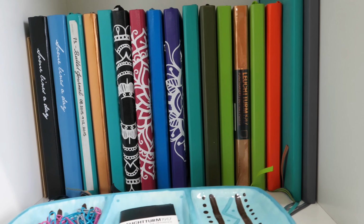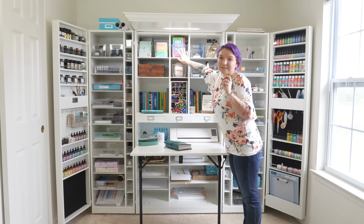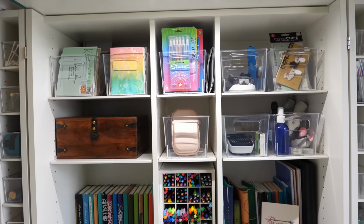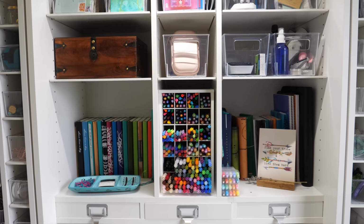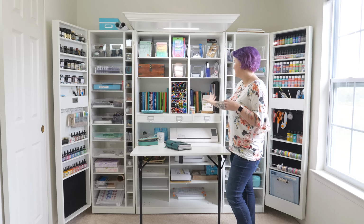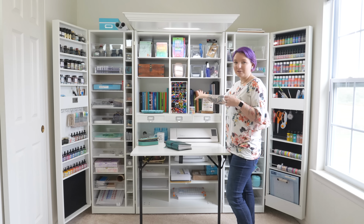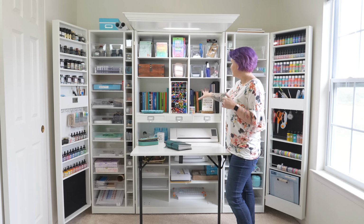On the top here, I have a bunch of pens that I have not yet opened. These are all pens that I need to do reviews on or I want to play around with. So those are in their packaging, just waiting for me to get to them. My other shelves up top here are basically gadgets or things that I need to use pretty regularly: a label maker and then more stamps. And then on the right shelf over here are notebooks that I have not used yet. These are a lot of notebooks for the Traveler's Notebook system, and I just keep those on the shelf